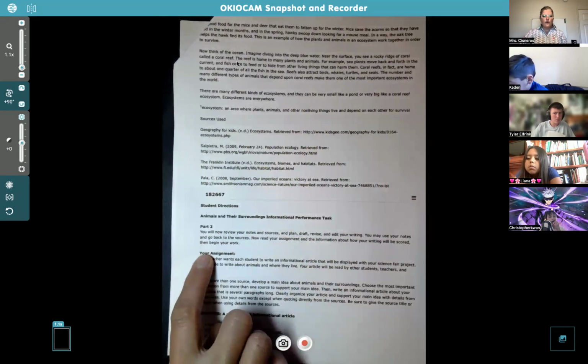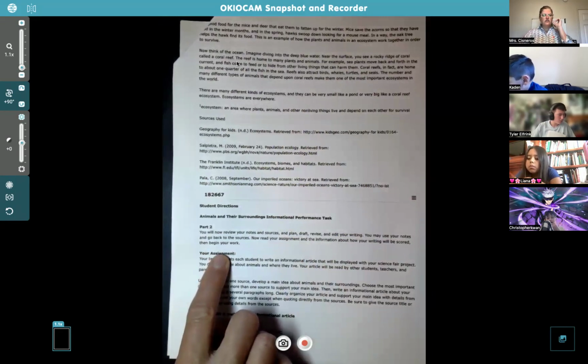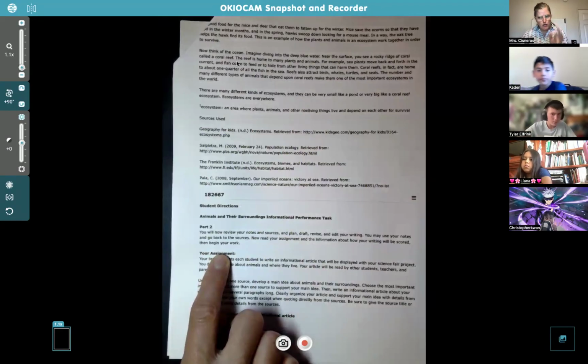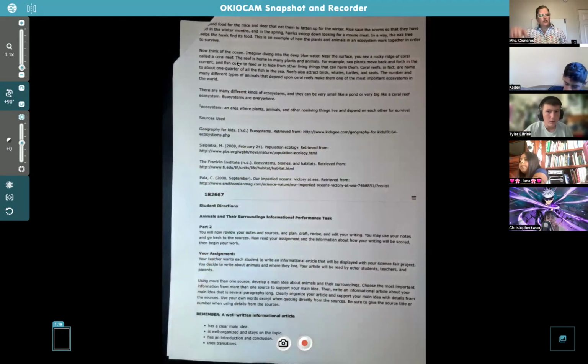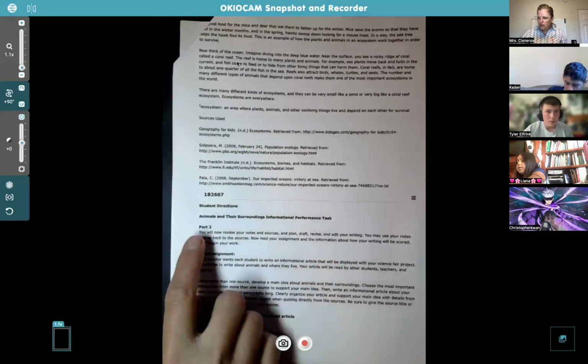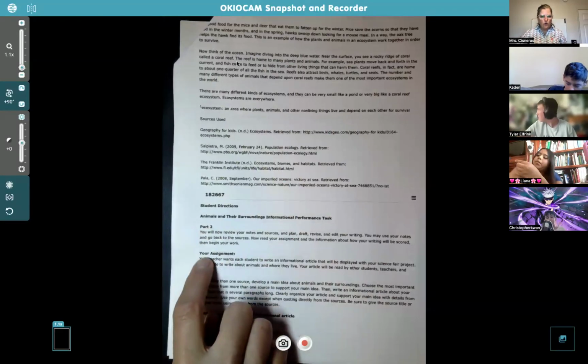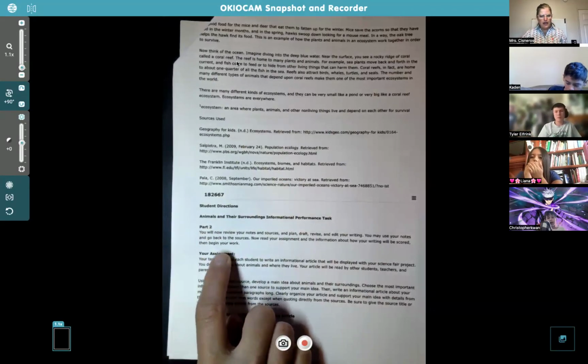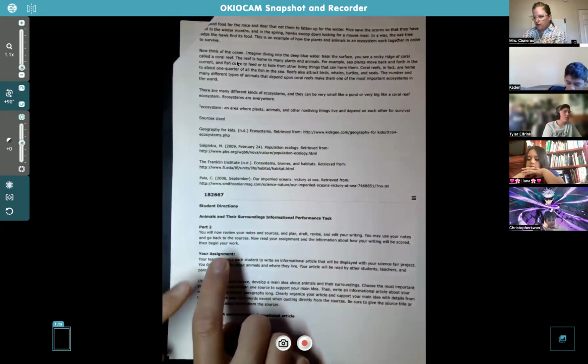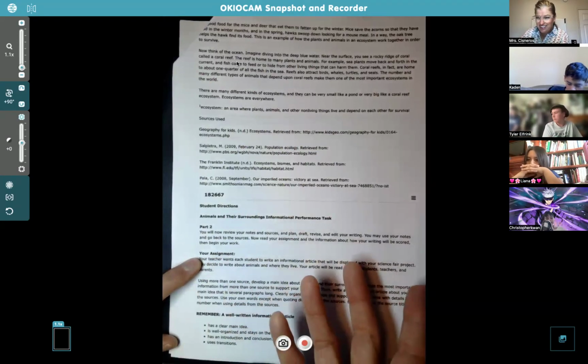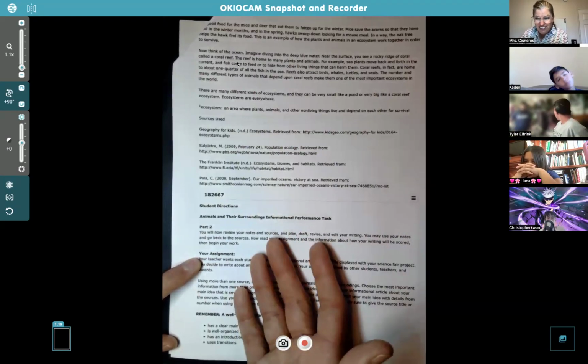See where it says your assignment? That's super important for you to find first when you do the writing test, so you know exactly what they want you to write about. So you'll have to scroll down until you find part 2, your assignment. Okay, that's where the assignment's going to be. It's important for you to know this first. I don't know why they put it at the end, but they did. You had to find it.